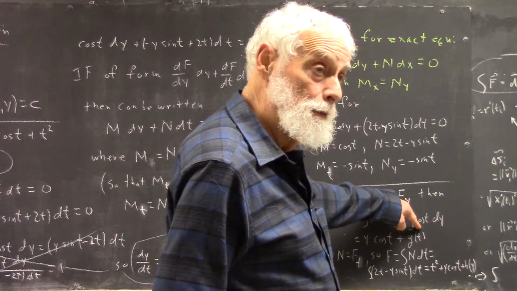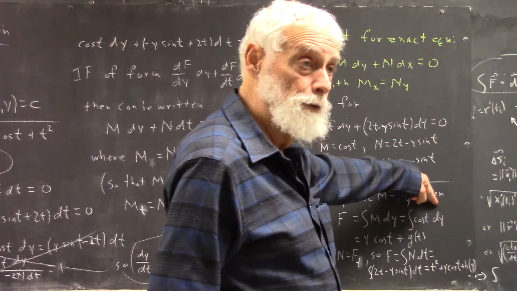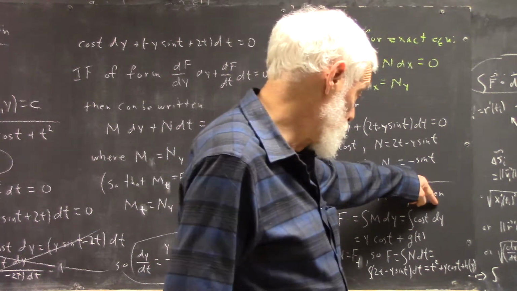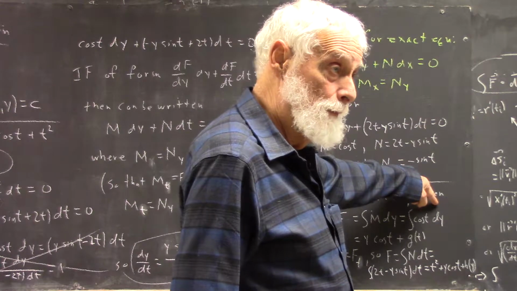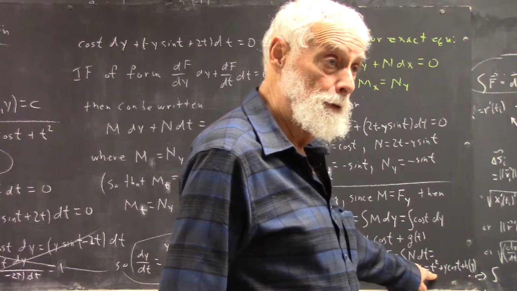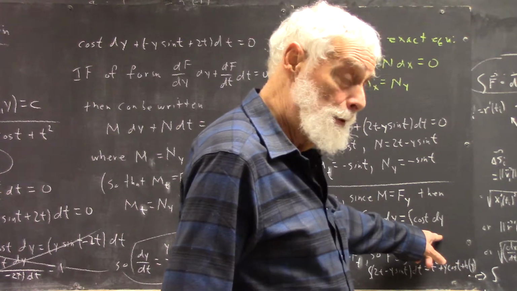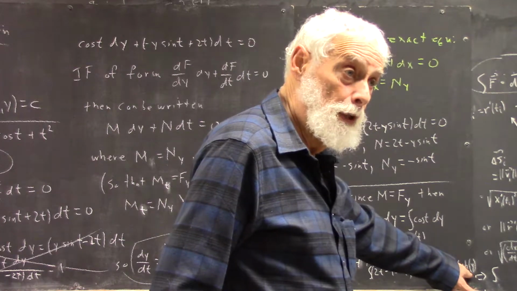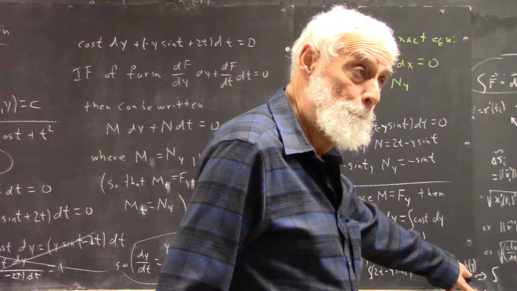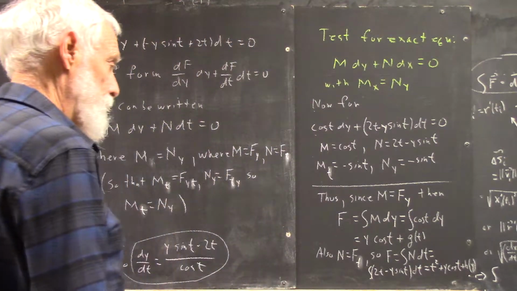That's just your g of t, because any g of t function is constant with respect to integration on y, or differentiation with respect to y, right? Okay? So we needed the g of t function to account for the t squared. If there was some function solely of y up here, we would have needed the h of y function to accommodate it. Okay? But there isn't, so everything reconciles. And we get